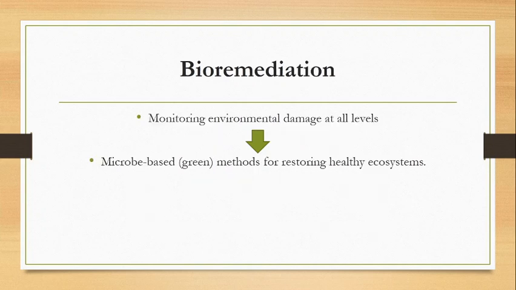Okay, next is about the role of metagenomics in bioremediation. For example, we have already discussed that environmental pollution in a particular environment leads to many complications. It can harm agriculture, it can harm normal human health, everything, right? And we know what is meant by bioremediation. Bioremediation is the degradation of toxic chemicals through a biological entity, right? That is called bioremediation.